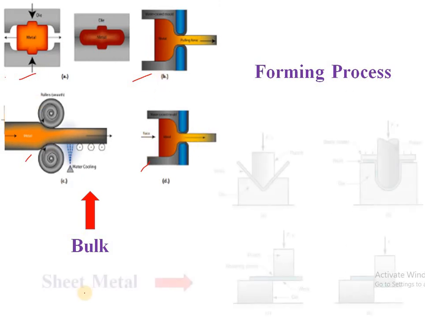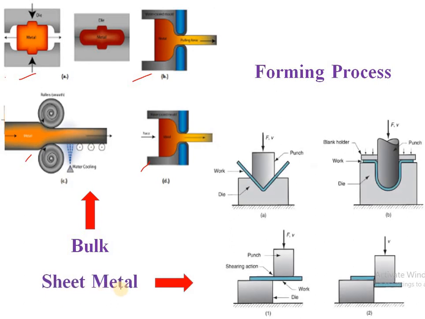And the next type of forming process is sheet metal. It is also called sheet metal working, or sheet metal forming process. So here is bending. This shows you V bending. So here is a die, here is a punch. The die is fixed and the punch is movable. Sheet is used; raw material is in the form of sheet, whereas in this case, raw material is in the form of block. So here this sheet is bent by means of this punch. Now the shape is V, so it is called V bending.